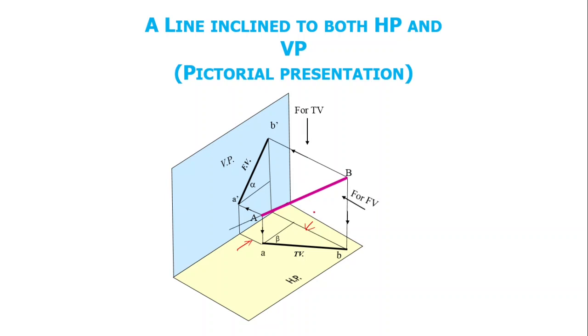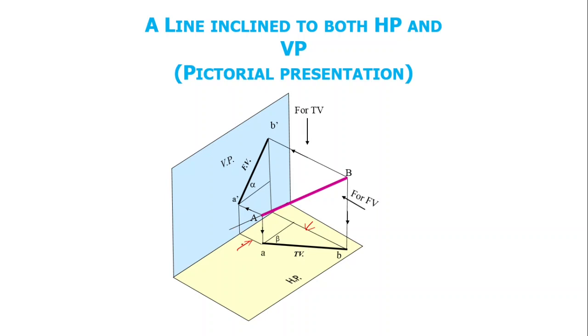Whenever that line or its extension touches the VP, that particular point becomes the vertical trace. Here, this line AB is not touching VP, but the extension of that line penetrates VP at this particular point. If the line is extended up to this vertical plane,